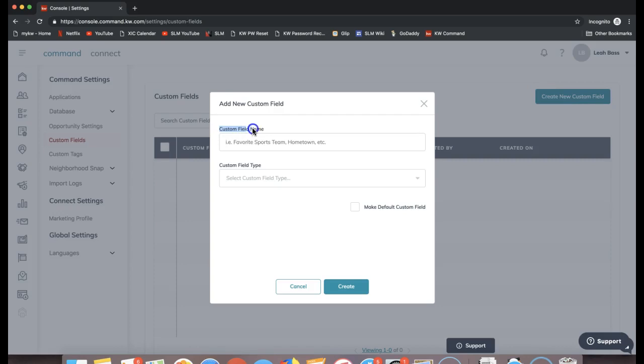It'll give you the option to add in a custom field name. So it'll give you some suggestions on what you can add in. In this case, I'll go ahead and add in max price. Okay, so I want, when I'm adding contacts in, I want this custom field name to be on every contact that I add in. From here, under custom field type, we have a drop down, and you'll have an option